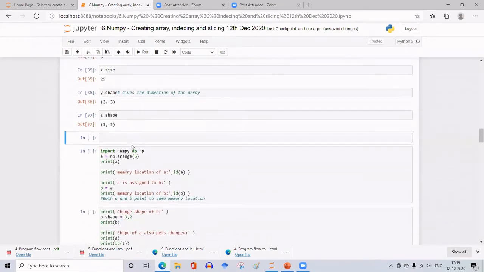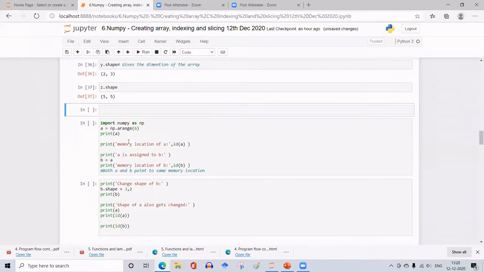Then how to find the memory location of this. And before that, let us arrange numbers from 0 to 6 and form an array. That is done by this arange. So let me execute this in this program.